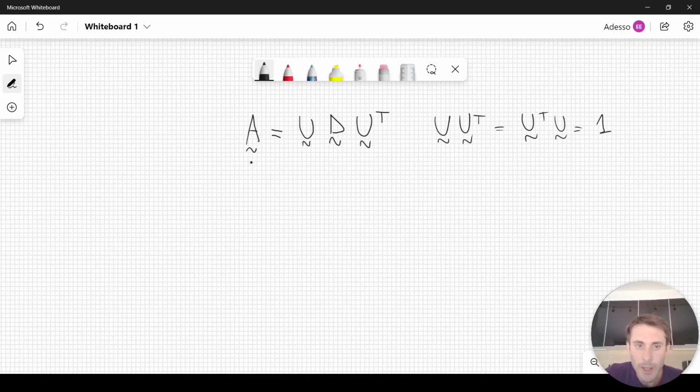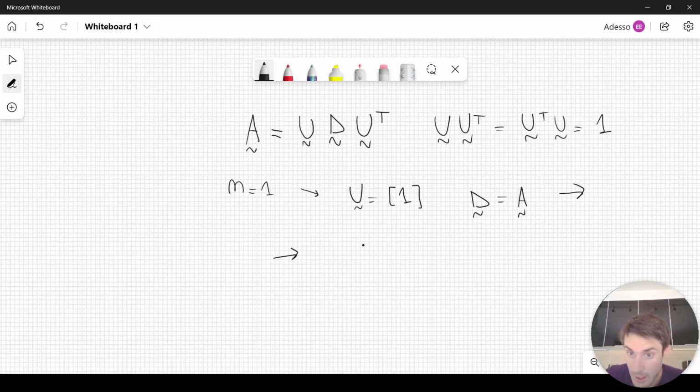Clearly, if we consider A to be a 1 by 1 matrix, so if we set n equal to 1, in this case we can set the matrix U equal to a scalar actually, a 1 by 1 matrix where the only element is equal to 1, and the matrix D we can set equal to the matrix A. So in this case this theorem holds trivially. You can see that of course A will be equal to U D U transpose, but this is just trivial. We have proved it for n equal to 1,